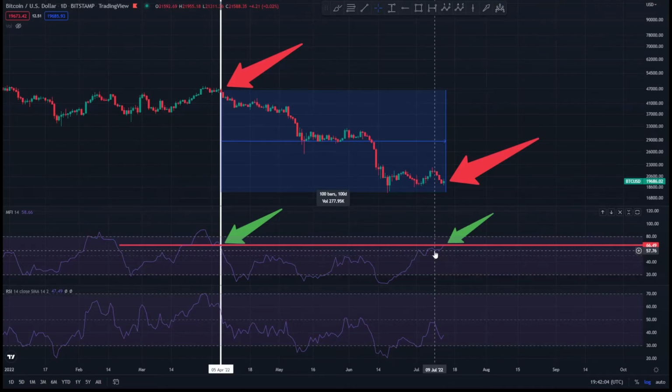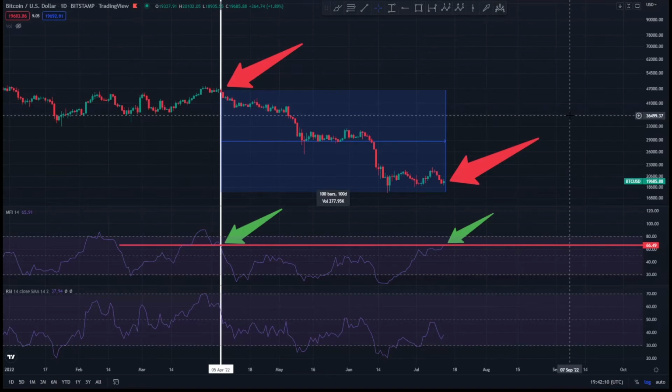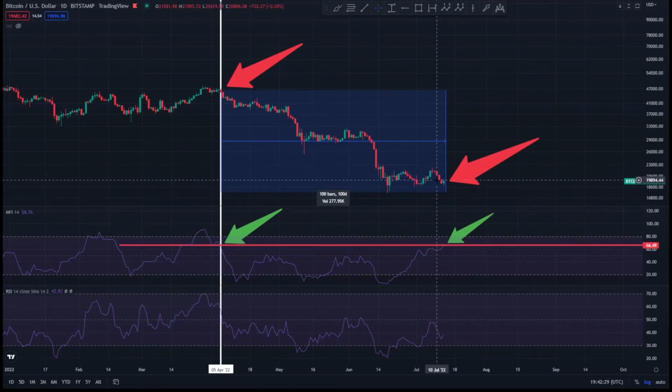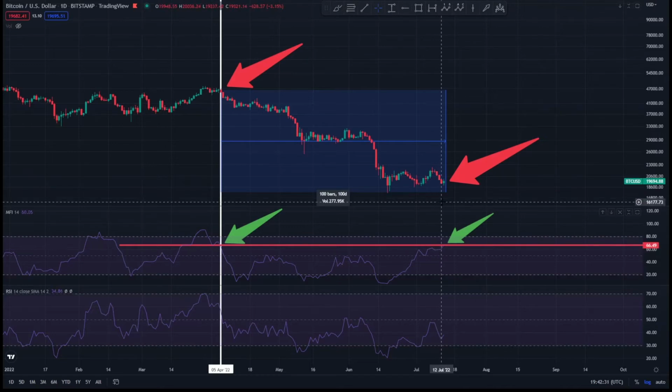If you've never heard of the money flow index before, a lot of people call it the volume weighted RSI, because it is basically the relative strength index. However, it incorporates the volume that is inflowing and outflowing in the markets. So when you see large flows to the upside in the MFI, even if the price action is going down, like for example here, the price action was going down, the MFI started to go down,